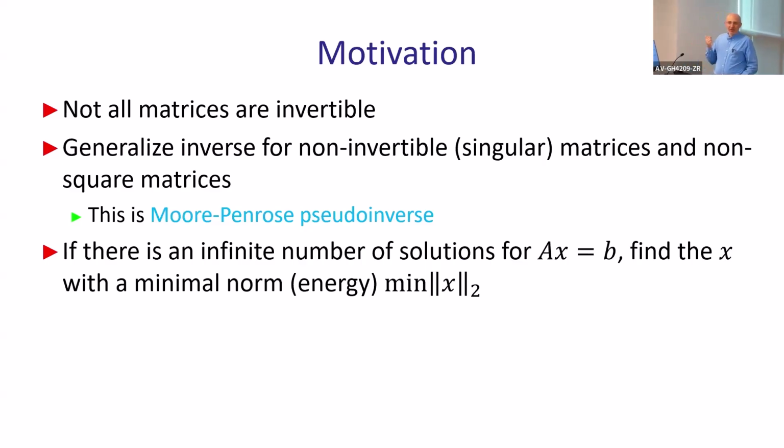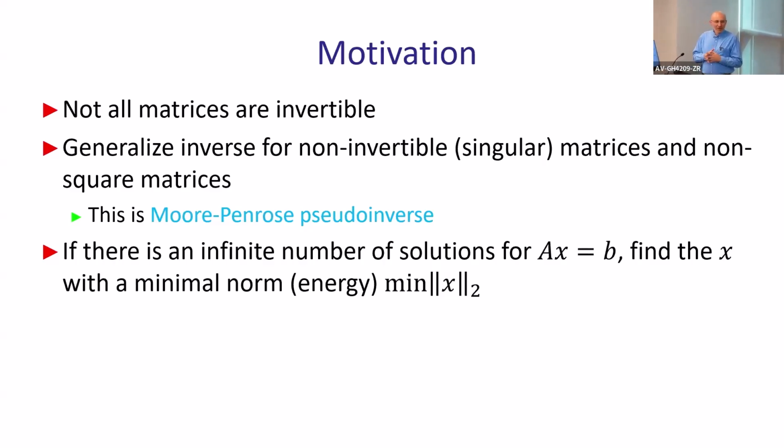First case is where you have infinite number of solutions. And then you want to find solution of AX equals B. A is matrix, B is vector, X is vector that you want to find. So we will find such an X, and you have infinite number of solutions here. So you will find solution which provides minimal X norm. So second norm of X will be minimized by a particular solution, which is a pseudo inverse that we'll be